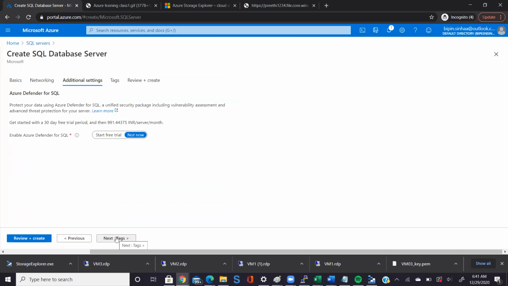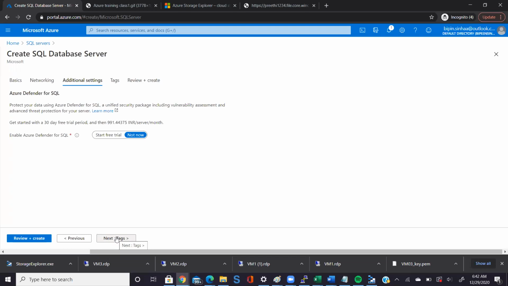Now again, this is a service which will protect your SQL server from any kind of malicious injection. Injection means generally what the hacker does: they hack your SQL database and then they change the data within that. This is very frequently happening in the US. Generally hackers hack the database and then they put some kind of fake entry in the database, or they change the entry in the database. So we call it an injection.